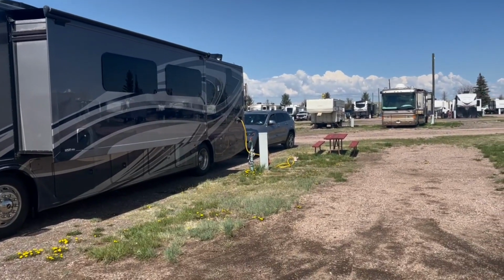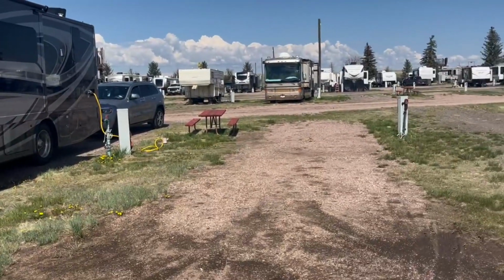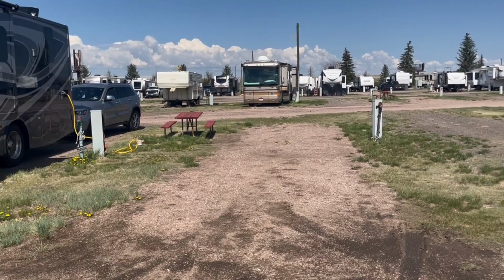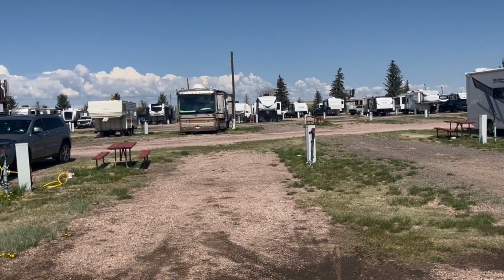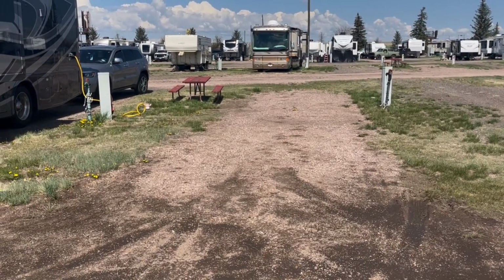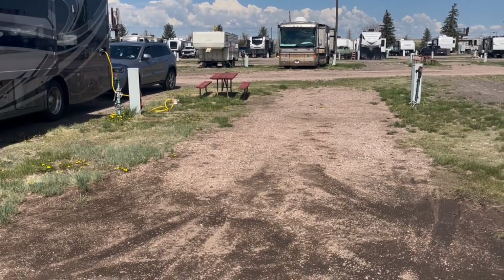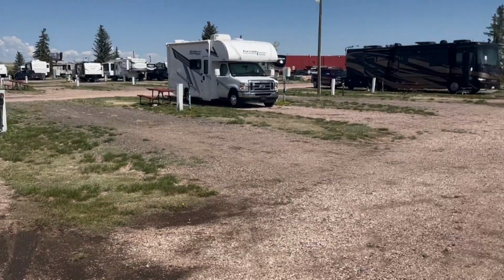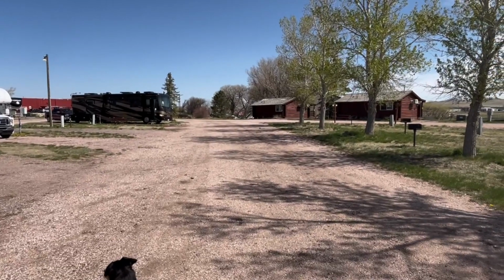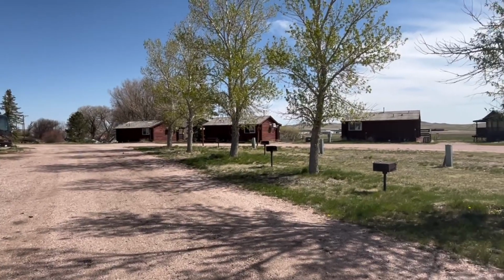All right, there you go. There's your full connection. The spaces, I've seen bigger spaces between you and your neighbor. It's not terrible. See, they got a picnic table there, so we got the shaft on that guy. Didn't really need it. Weather's fantastic here. Second weekend of May, mid 60s at 11 o'clock Mountain Time. We definitely enjoyed it. The price is phenomenal. Thanks to RPI, we would come back, maybe even stay a full weekend, check out the train, the bison, and